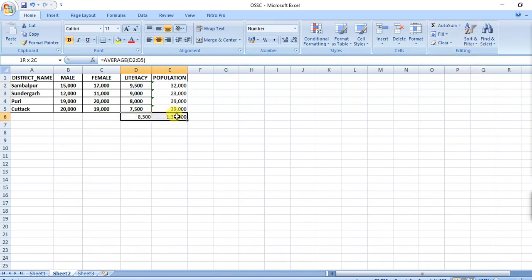You can format here, Control B. I am just making this bold. I am just aligning into center aligned. It will be much more beautiful.